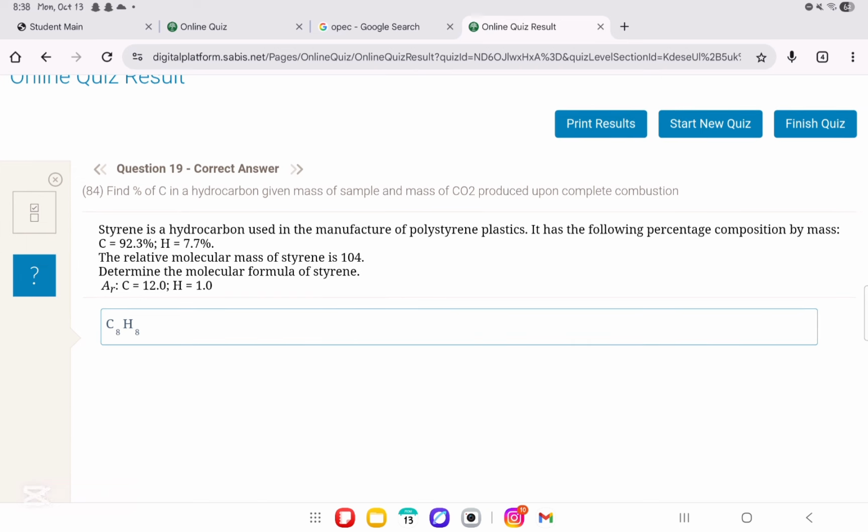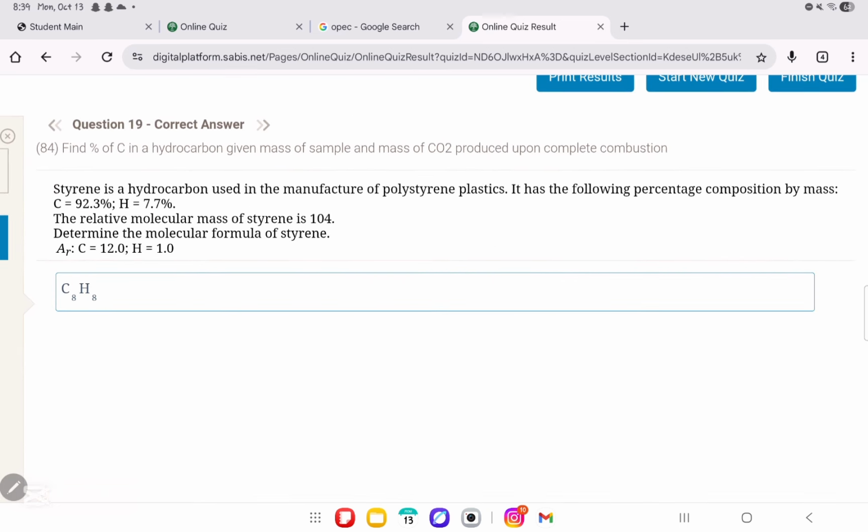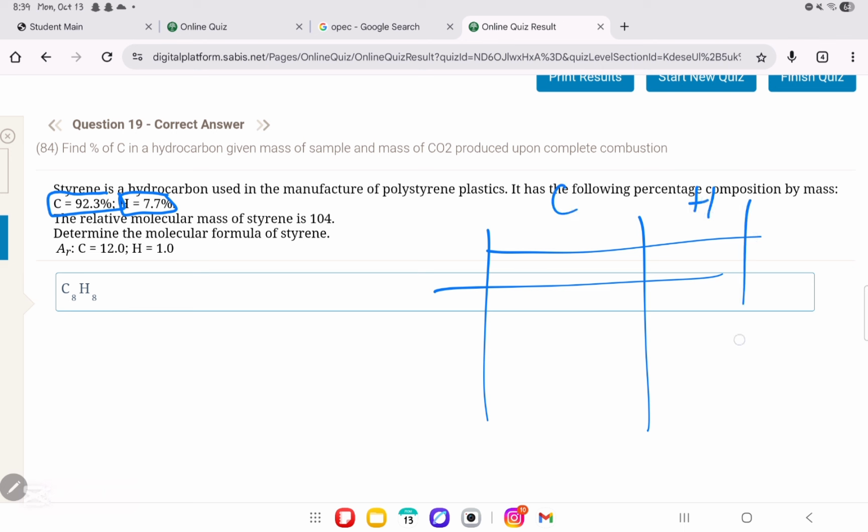What does it say? It says, styrene is a hydrocarbon used in the manufacture of polystyrene plastic. It has the following percentage composition by mass. C is 92.3%, hydrogen is 7.7%. What does this mean? This means we need to draw the table. So we have carbon on top and hydrogen here: 92.3% and 7.7. Whenever we have percentages, we will always assume that the total mass of whatever we have is